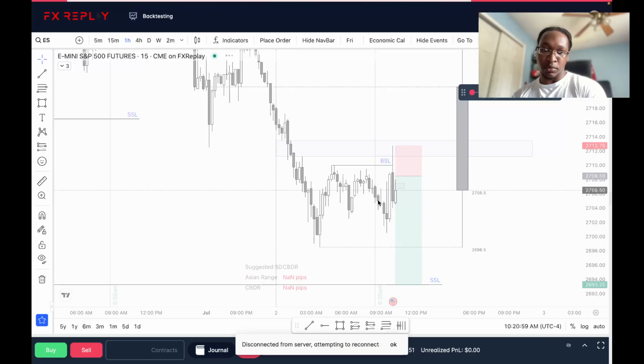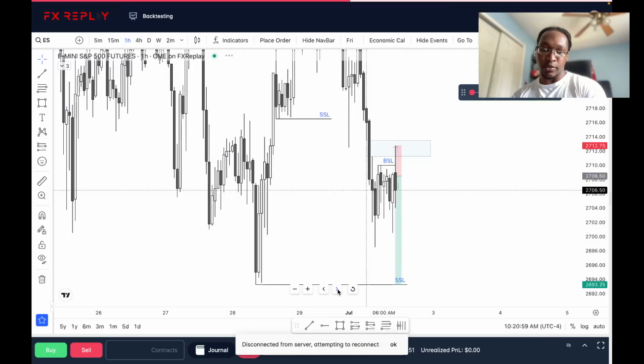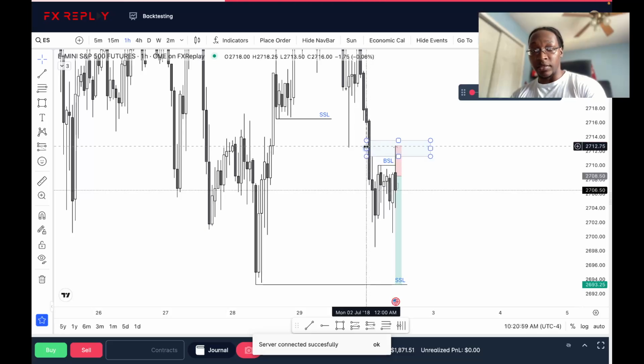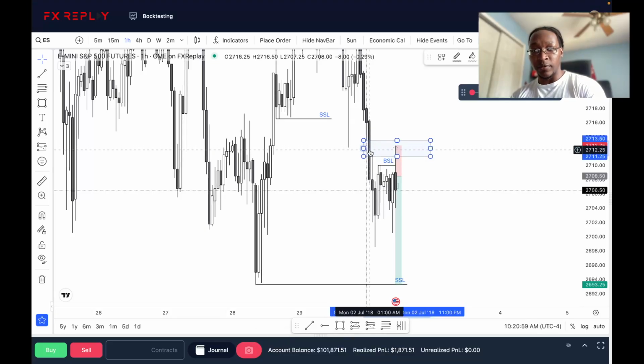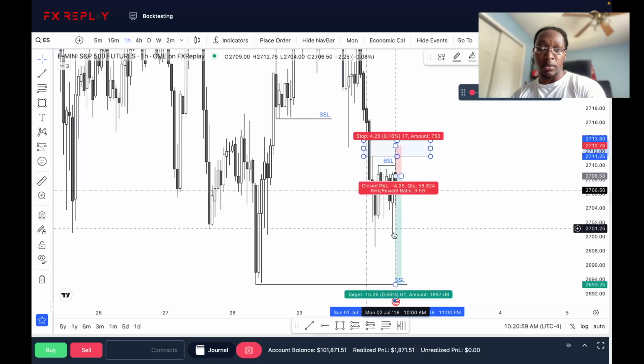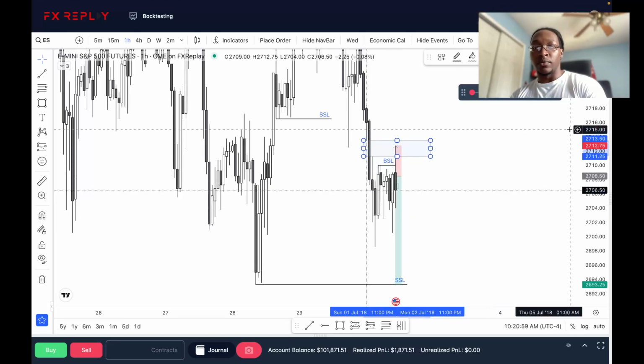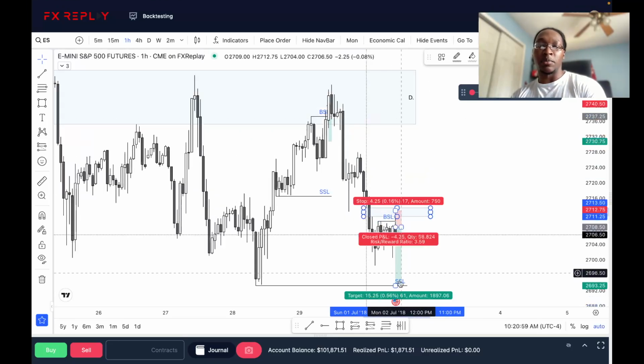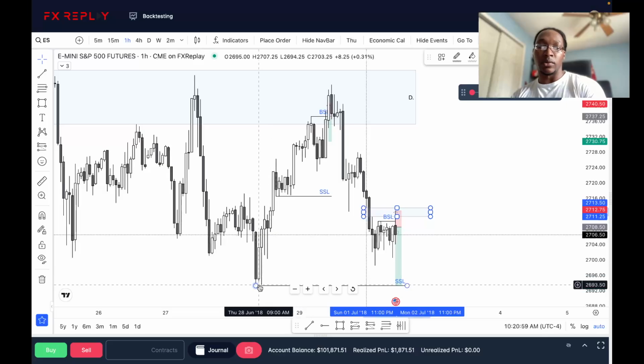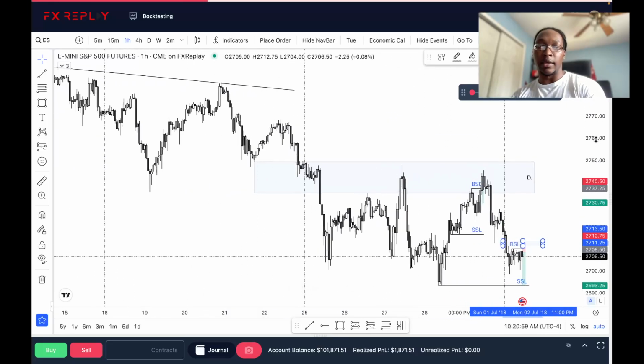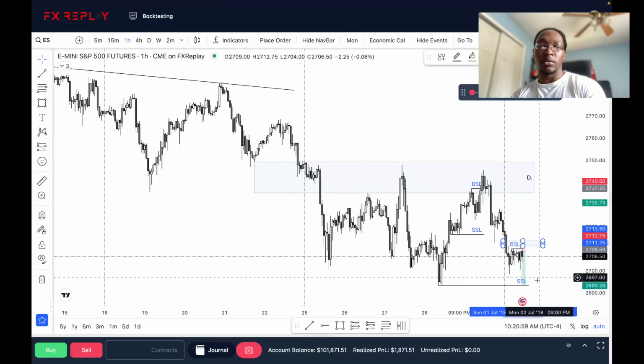If it loads, disconnected from server, tell me to reconnect. We tap into this hourly fair value gap here, showing displacement at the start. So I would like to see price trade lower to relative equal lows here and ultimately lower,